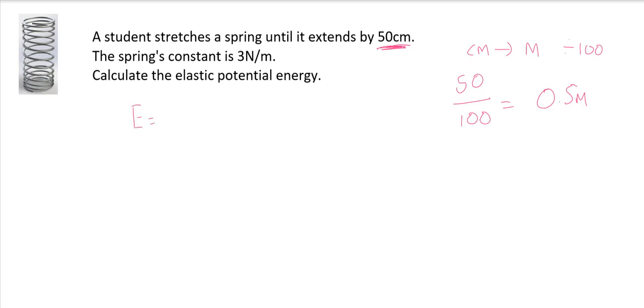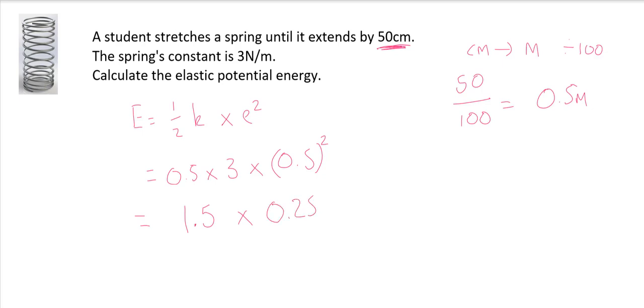So I would write my equation out. Half of the spring's constant times extension squared. That becomes 0.5 times 3 times 0.5 squared. And if I type into my calculator 0.5 times 3, well that's just 1.5. And then 0.5 times itself, because that's what squared means, becomes 0.25. So the elastic potential energy stored in this spring becomes 1.5 times 0.25. That would give us an answer of